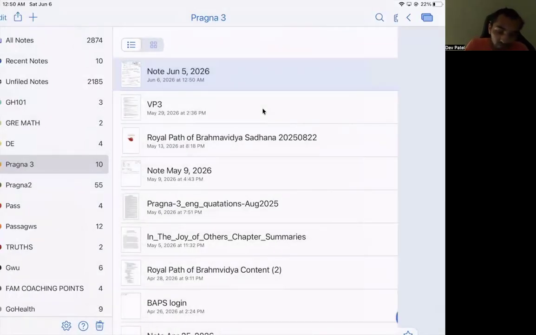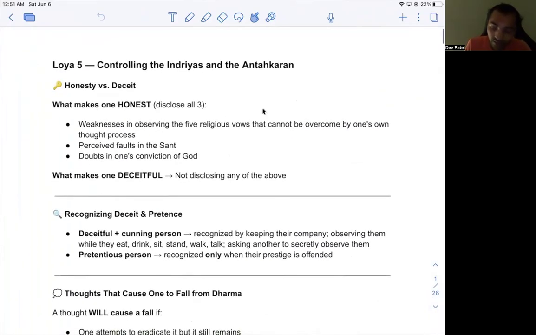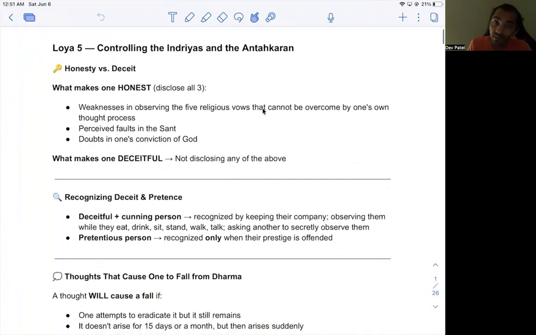And now we will go over VP3. L5, controlling Indriyas, and the current honest is five religious vows. Can't be overcome by one's own thought process, perceived faults, doubts, conviction in God. And that is what makes one deceitful, if he doesn't disclose weaknesses in observing five religious vows, doubts and conviction of God, perceived faults in the Son,